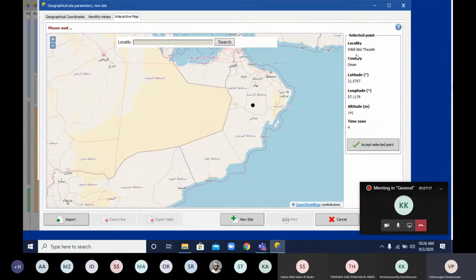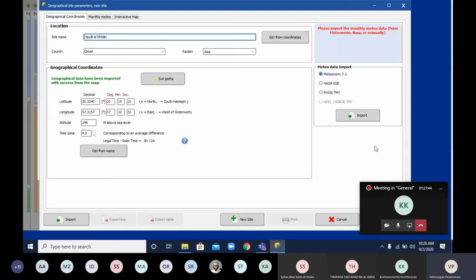I don't know exactly this place name, but you are familiar with all the places. So which place you want, just select, automatically the name will come. The altitude, latitude, all the geographical data will be shown. Okay, just select one particular place. Now Hayal Al Hatan. Some places are coming. So accept selected point. Any point you can choose.